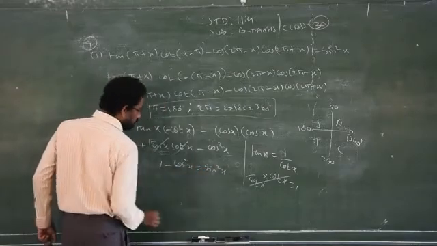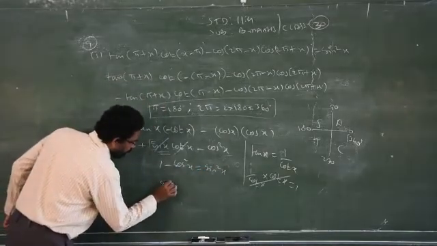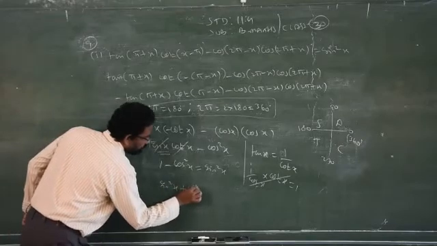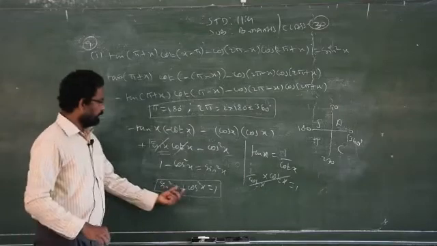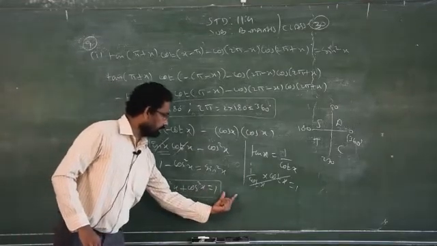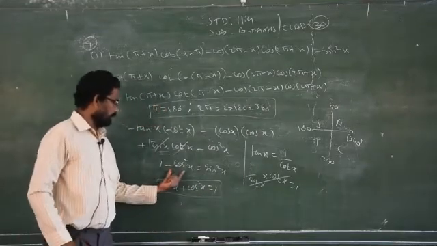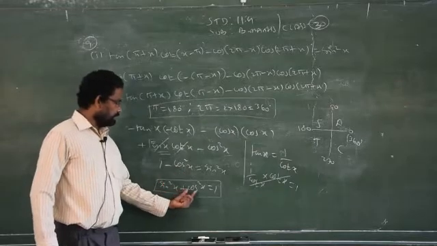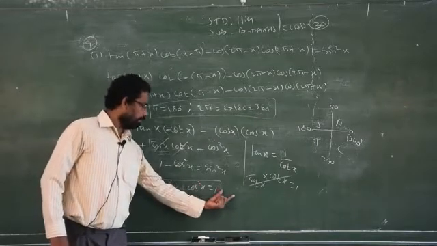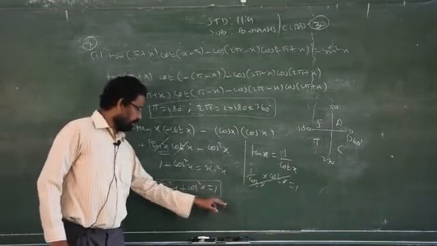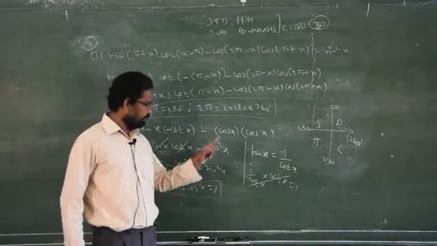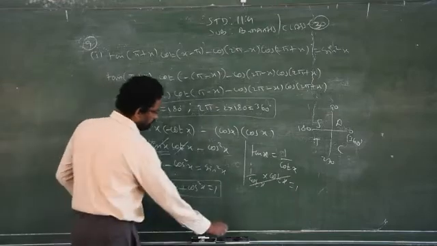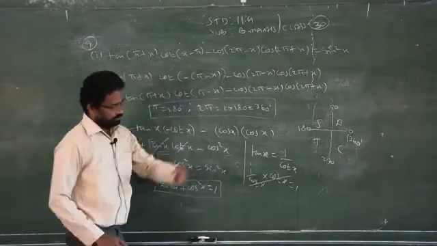How do you get this answer? By using the property sin square x plus cos square x is equal to 1. So, when you transfer cos square x to the right side, it becomes 1 minus cos square x. Clear? What is left? Sin square x. That's what I am writing here: 1 minus cos square x is nothing but sin square x. So, this is the required answer.